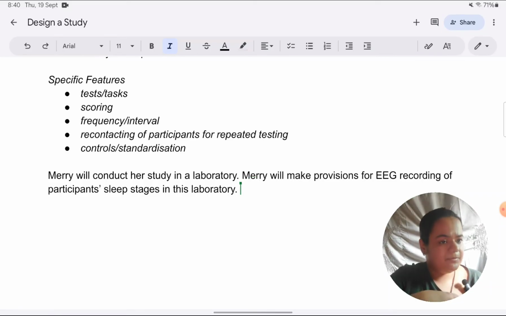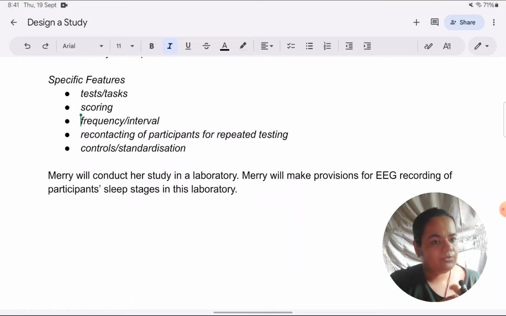Of course, I can cover when also, like I mentioned, like when is she doing, but given that this is a longitudinal study and in one of the specific features, I am going to specify the interval of testing. That is how frequently she's going to test them. Right now, I'm not finding it very important to say when she will be doing the study because I'm going to cover it anyways later. So now I will move towards some of the specific features of the study. So having begun with the procedure, now I would like to come to the features.